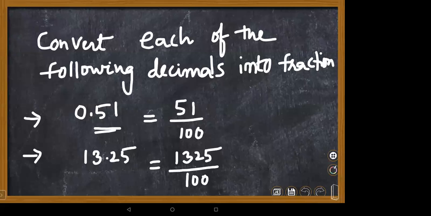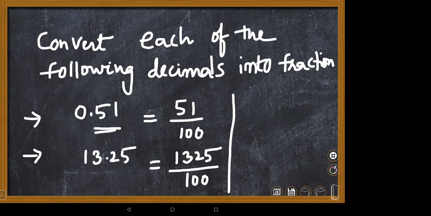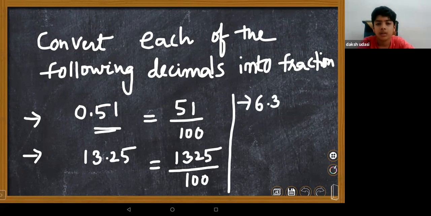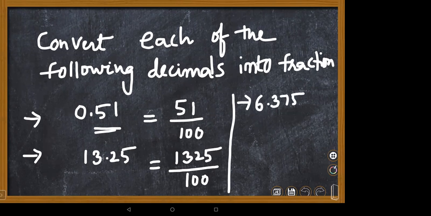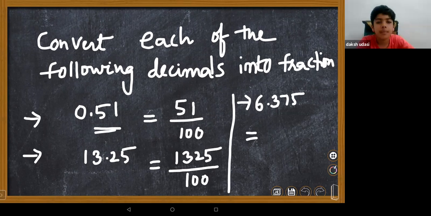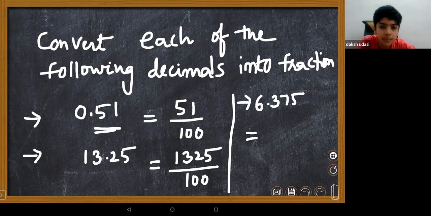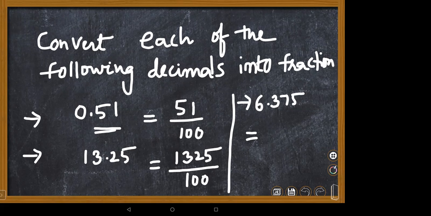Next question to Yadharth. Yadharth, is your mic working? No, it's not, ma'am. Okay, Daksh, please. 6.375, Daksh. Ma'am, Yadharth is saying he'll answer in chat. Okay, please answer the question in the chat box. Is he giving any reply in the chat, children? Not yet. Ma'am, he gave 6375.